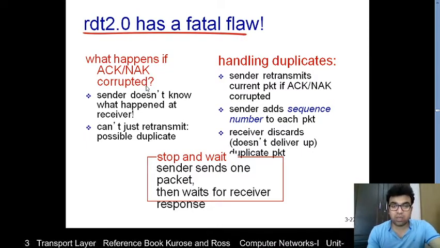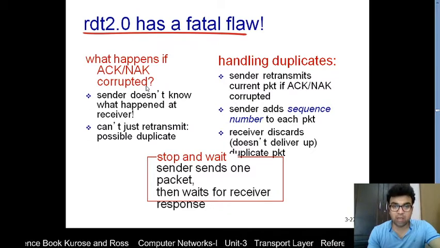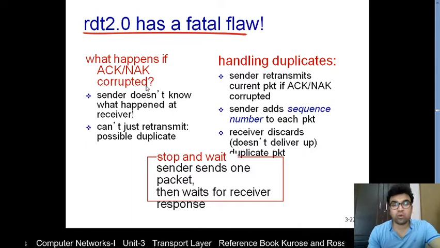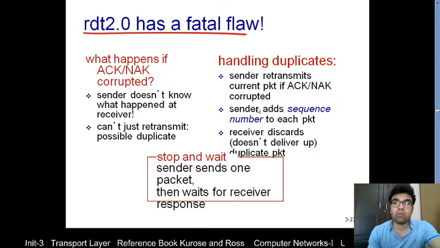As we can see, if the ACK or NAK received by the sending side is corrupted, then anyhow the sender has to retransmit that particular packet to the receiving side. But it's a problem for the receiving side,